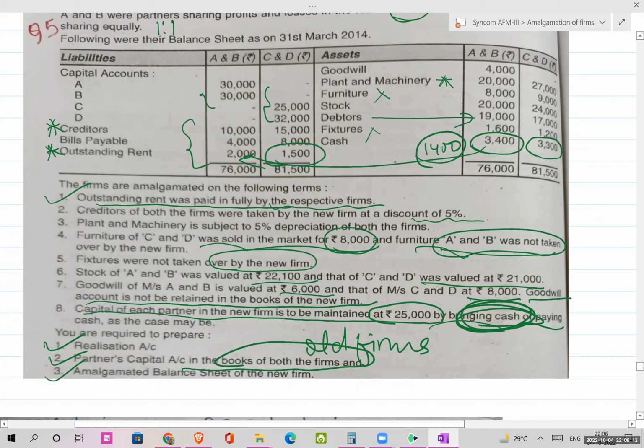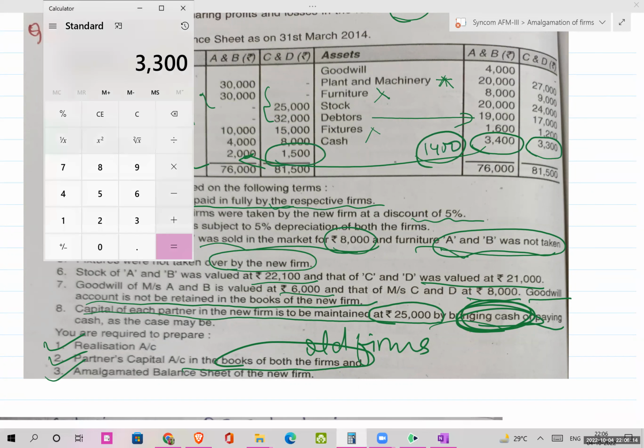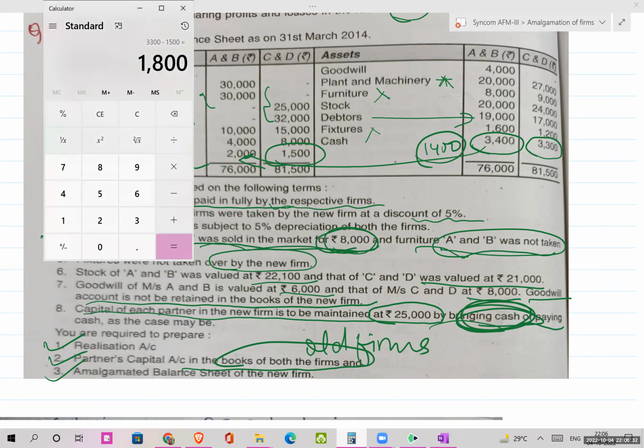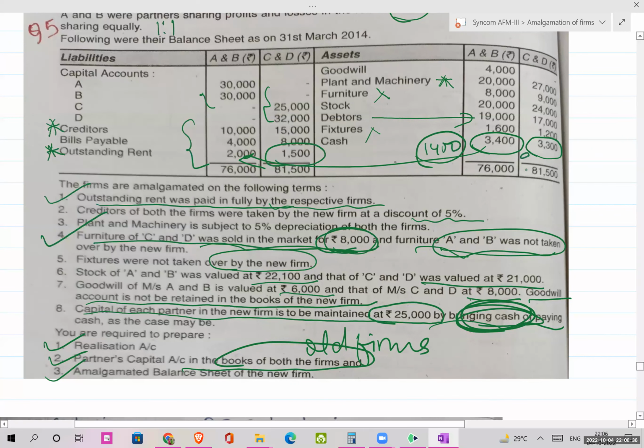सो 3,300 में से 1,500 आप पे कर रहे हो तो कितना बचा है, 1,800। बट लुक एट दिस, फर्नीचर ऑफ CND was sold in the market for 8,000। तो मतलब 8,000 आपको कैश मिला है, सोल्ड हुआ है ना, देयर इज अ सेल ऑफ एसेट, तो पैसा अंदर आया होगा तो कैश बढ़ेगा, तो आप कैश ऐड बैक करोगे 8,000, तो कितना हुआ, 9,800। कैश विल बी कंसिडर्ड फॉर पीसी कैलकुलेशन।